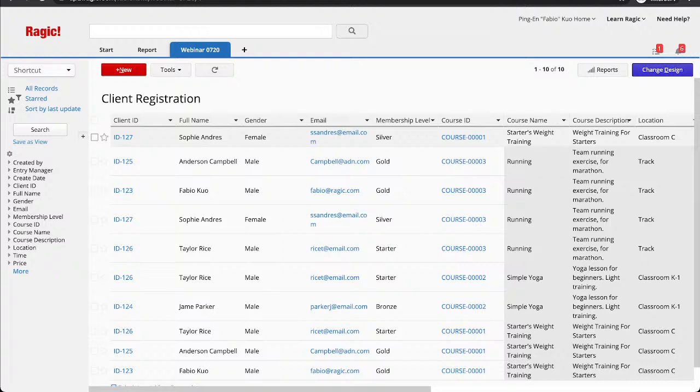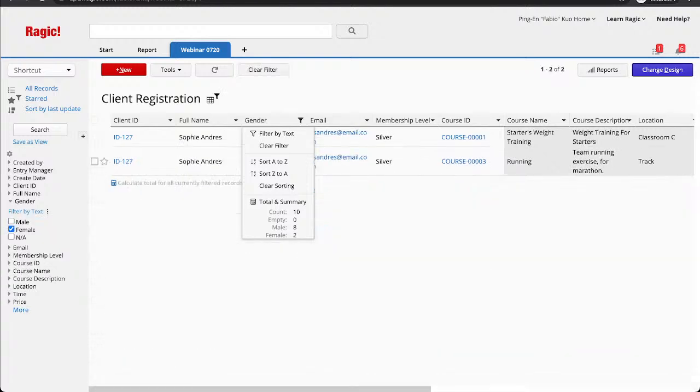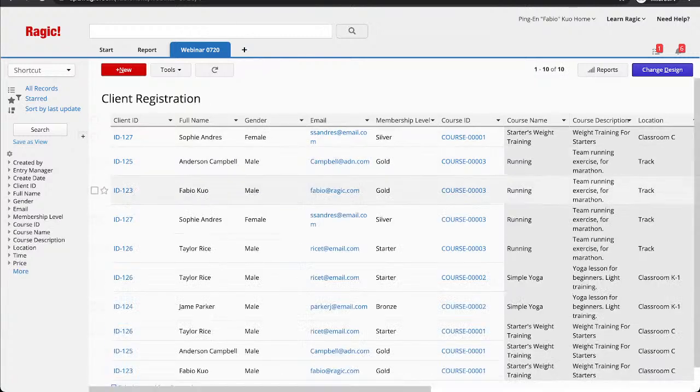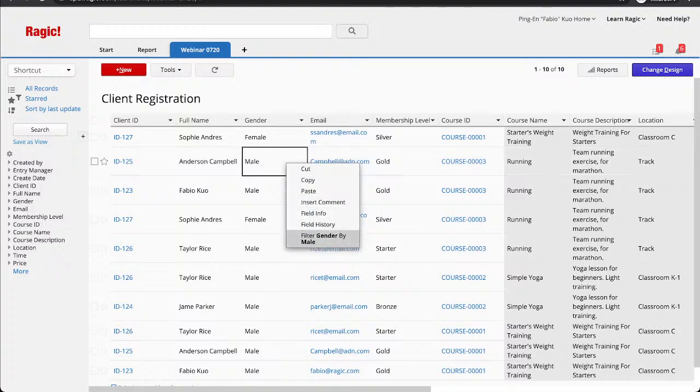And of course, as mentioned, let's try this one. This was the sheet that was supposed to do filtering on, since there are a lot of records here. For the genders, we can also add a total. Other than filtering, we can also check the total and summary. It will show you the summary of all the values. So for example, right here, male and female, there are 8 records and 2 records, and clicking on these values will filter it right there. Another way to filter your records is to right click on a field value, and you can filter gender by this field value.